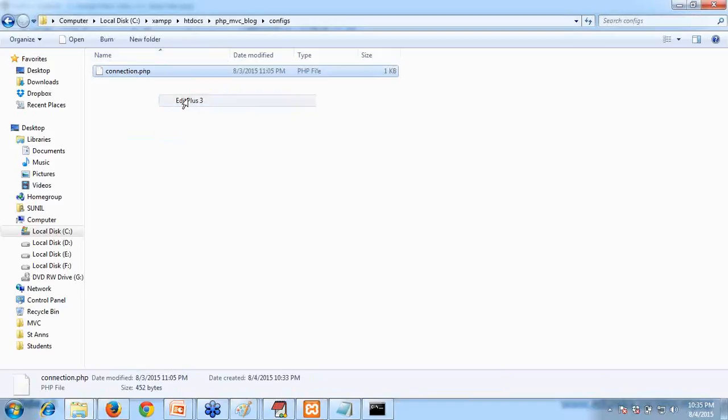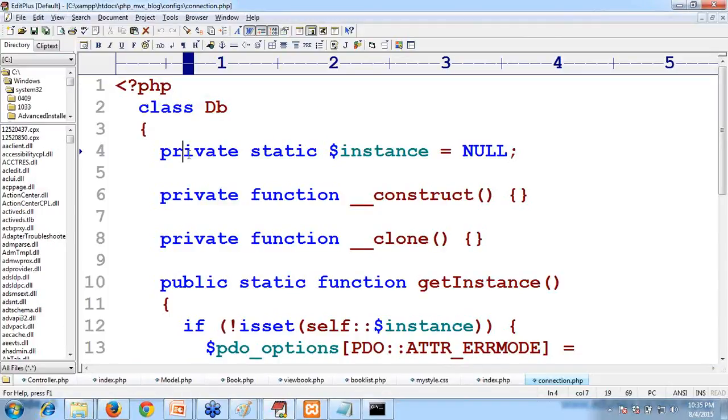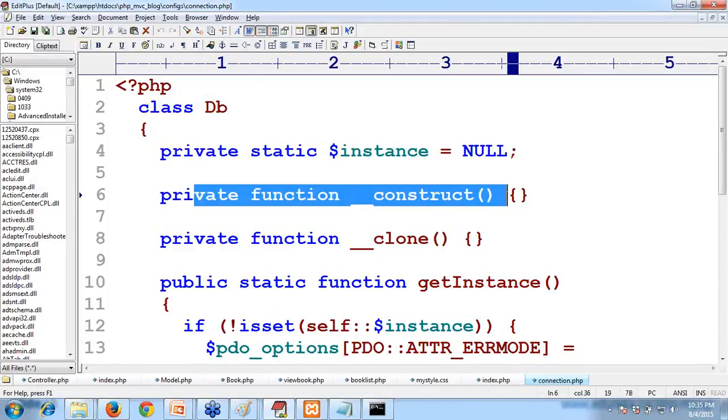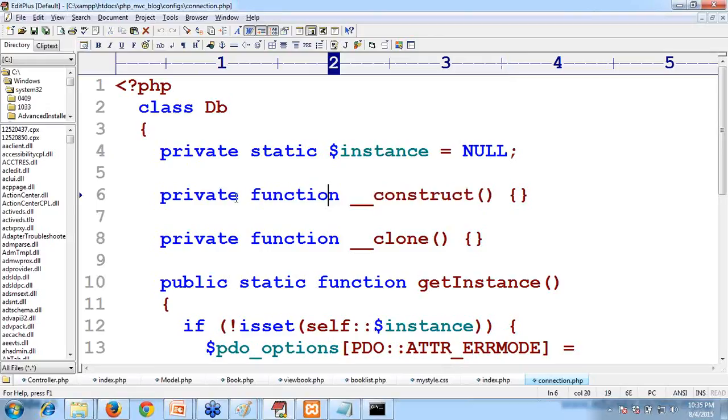Have you seen? I have given it as private. Normally a constructor will not be declared as private. Those who are aware of Java know constructors are not declared as private, but why have we given it as private? Because I don't want anyone to create a direct object of database. Only one instance of database connection is sufficient. That is the reason why we are not providing that DB constructor.